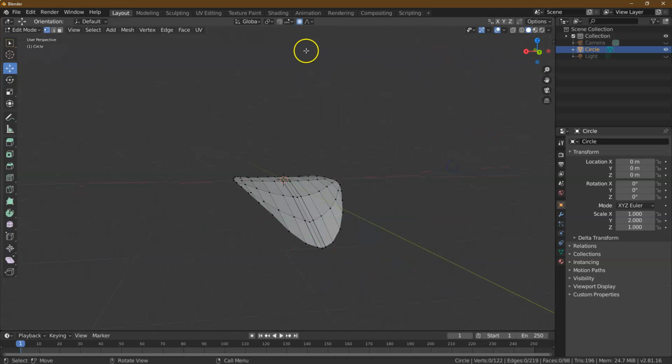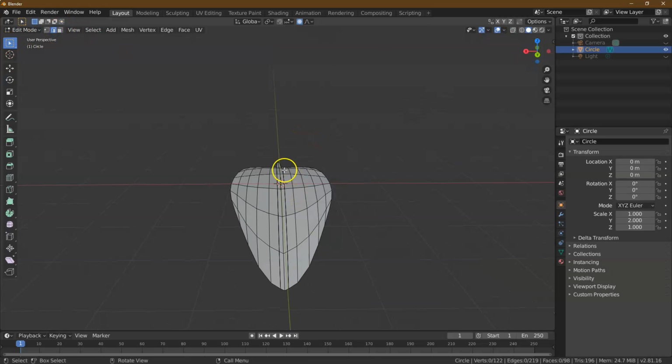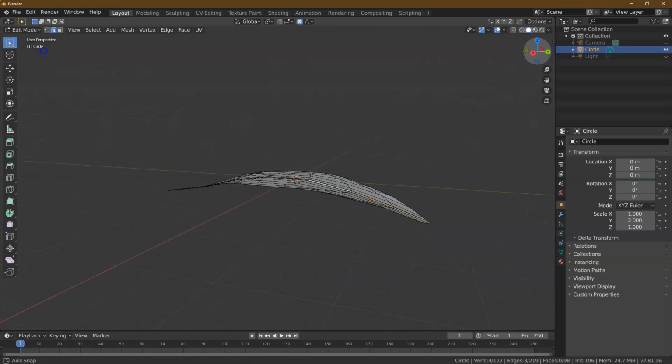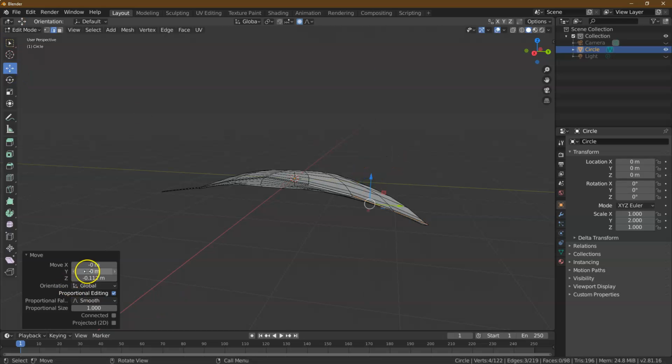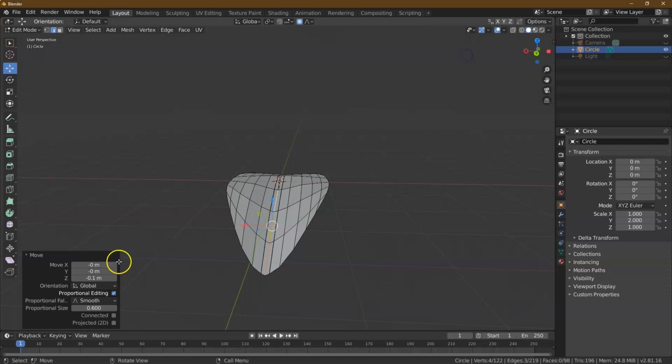Awesome. Okay, so I'm going to click off there, go into edge mode, and now I want to make sure there's this divot right in the center of the leaf, because, well, that would make sense. I'm going to hold shift and grab all 3 of these points, and then go ahead and push them down a bit, just to create a bit of a dip. Okay, so I'm going to do a negative 0.1, and then this is a 1, maybe more of a 0.6. I want it to be more of an obvious divot,